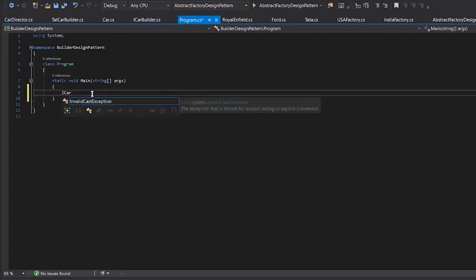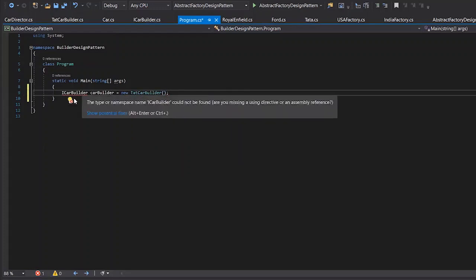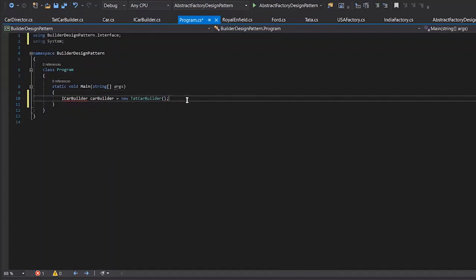So first of all, let's create our car builder. New Tata car builder. Now let's create our car director.